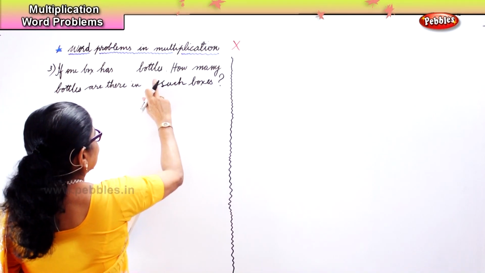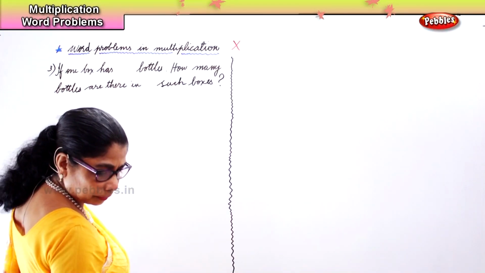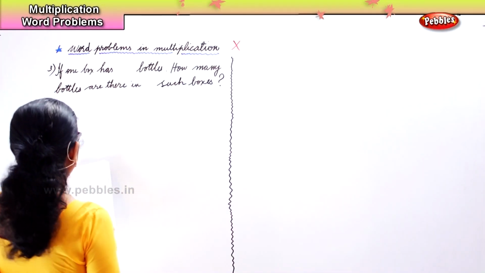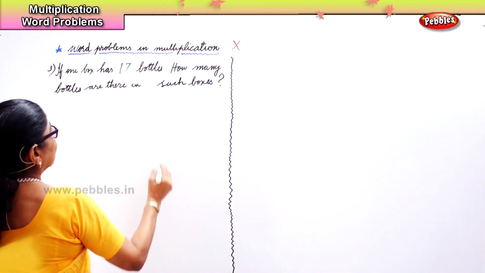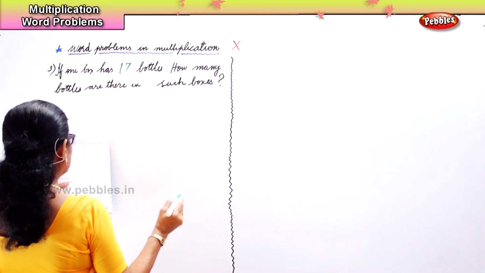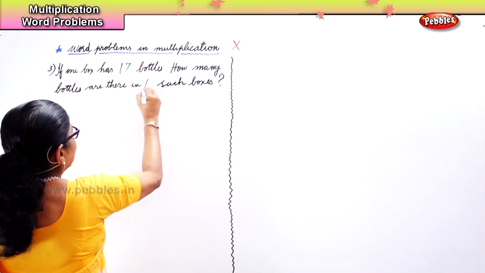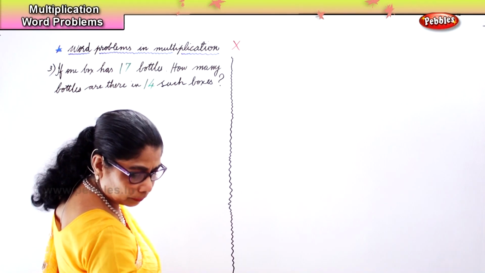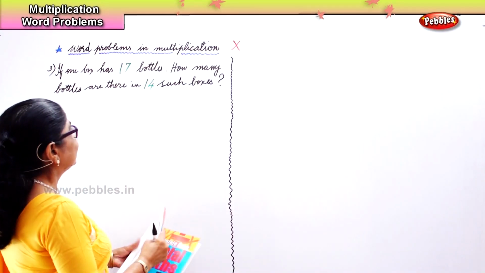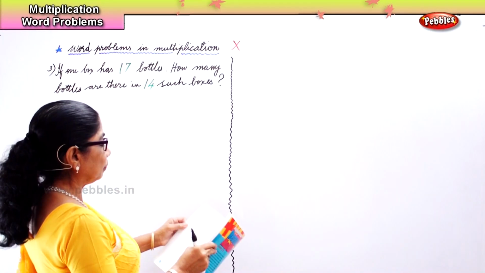And that's your question, okay? So, if one box has 17 bottles, how many bottles are there in 14 such boxes? That is one problem. The next problem is,